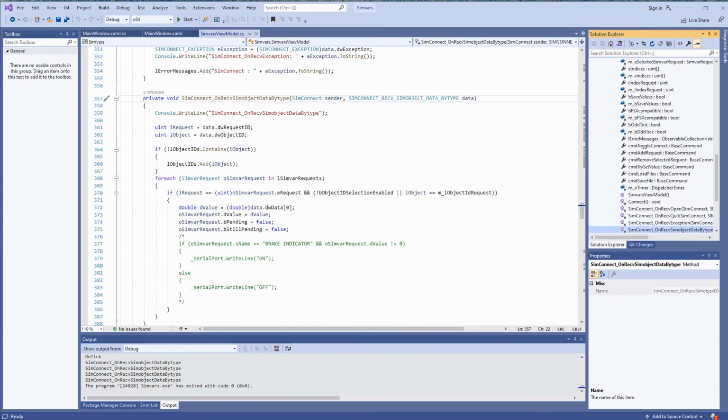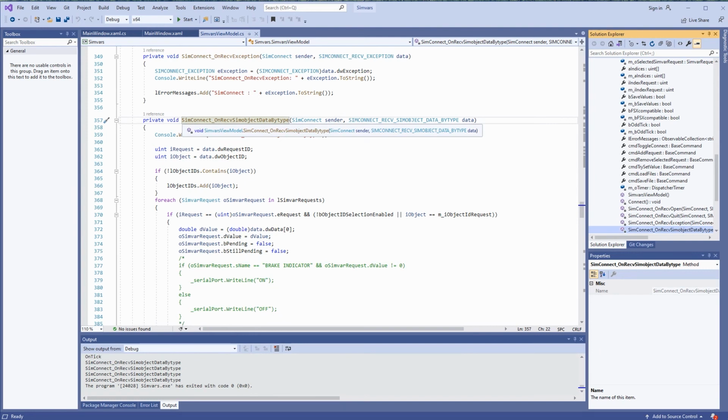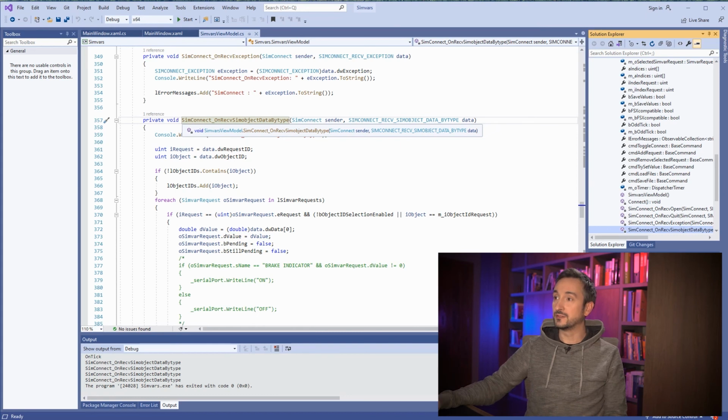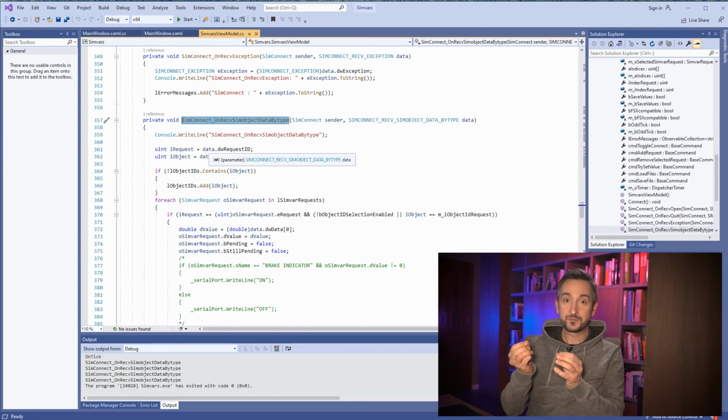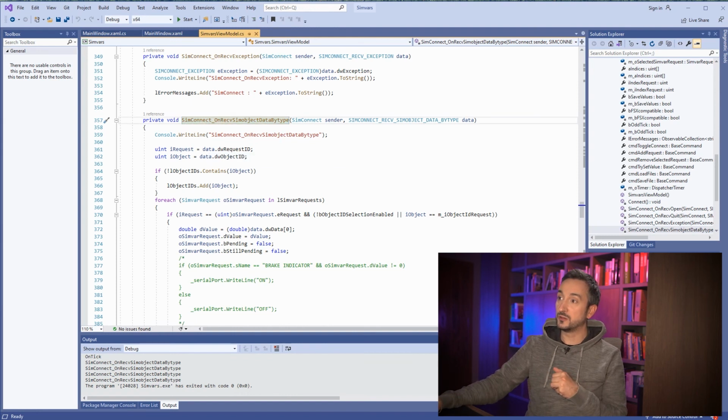So this is a very important method. SimConnect on receive sim object data by type. Don't be afraid of this name, but this method will be called every time Flight Simulator sends a variable with its new or old value to our application through SimConnect DLL, because remember that the underlying library responsible for communicating with MSFS is the SimConnect DLL, which is part of SDK. And this method will be called every time